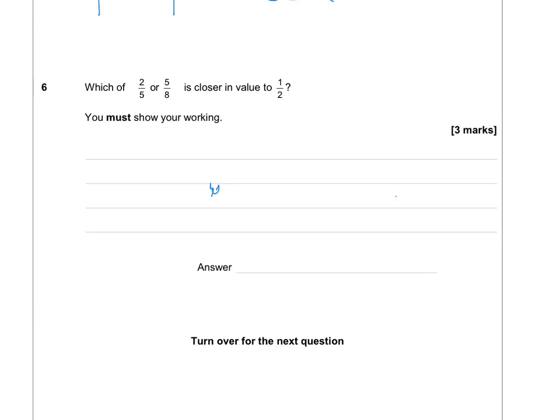Question 6. Which of 2/5 or 5/8 is closer to a half? If we give all three of these fractions a common denominator, we can compare them carefully. That common denominator for 5, 8 and 2, the lowest common denominator is going to be 40. So we'll rewrite all of these fractions as fractions with a denominator of 40. So 2/5